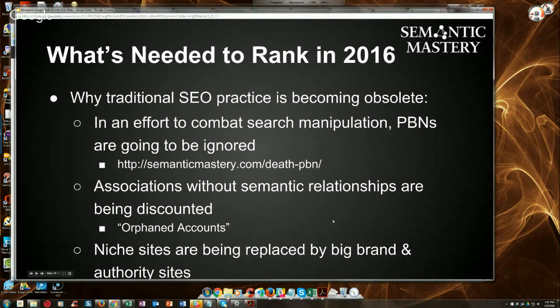This is what I call an orphaned account. It's a term that I coined because essentially anybody doing link building the traditional way would go out and find places that you could post some content with a link back to your site or to the page that you're trying to rank. But the problem with that is, as we continue to move further into Web 3.0 or the semantic web, as I mentioned on one of the earlier slides, identity and brand and engagement are really the currency of the